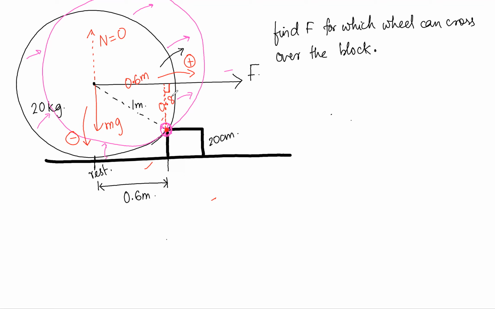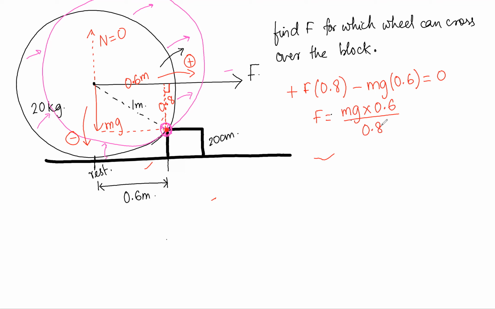6 स्क्वायर प्लस 8 स्क्वायर इज इक्वल टू 10 स्क्वायर उसके हिसाब से, ठीक है, दैट इज 0.8। तो टॉर्क कितना लिखोगे, F इंटू 0.8, mg नीचे लग रहा है, mg का डिस्टेंस कितना है 0.6 विच इज ऑलरेडी गिवन टू अस, तो माइनस mg इंटू 0.6 और टोटल हो जाएगा 0। तो f का वैल्यू आएगा mg इंटू 0.6 डिवाइडेड बाई 0.8। तो मास ऑफ द व्हील इज इक्वल टू 20 kgs, ग्रेविटी का वैल्यू 10 लगेगा, और फिर 0.6 और 0.8 को तुम 6/8 लिख सकते हो, तो 150 न्यूटन्स।